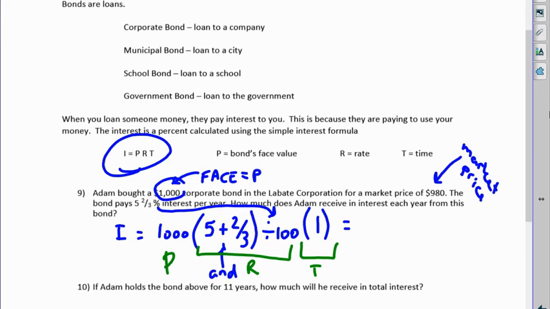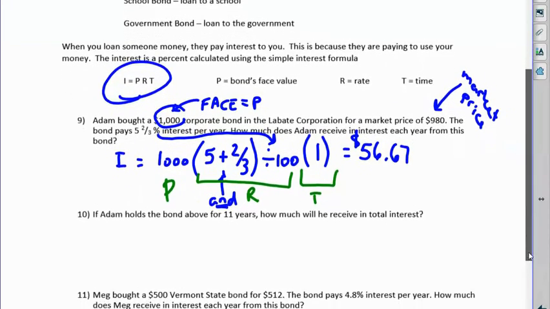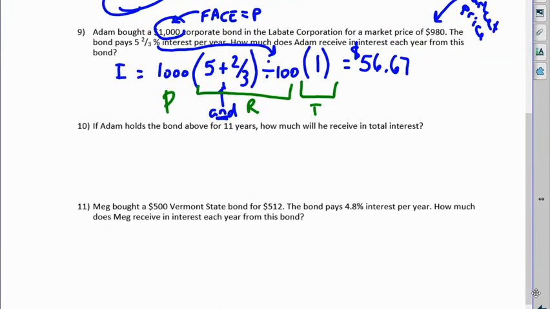When I multiply this out, making sure to put the plus sign for my word "and," 56.67. That's how much you're going to make. You could use a rounded decimal, but you would need to have at least 5 digits to make sure that you're going to get 4 of them right in your answer. So now if he receives $56.67 times 11 years, over the course of 11 years, he will have made